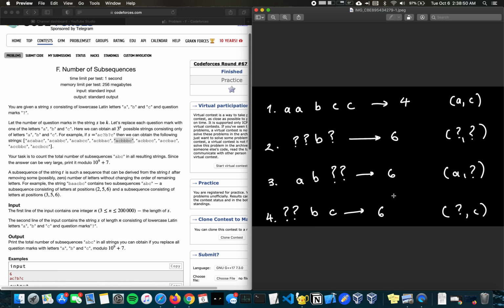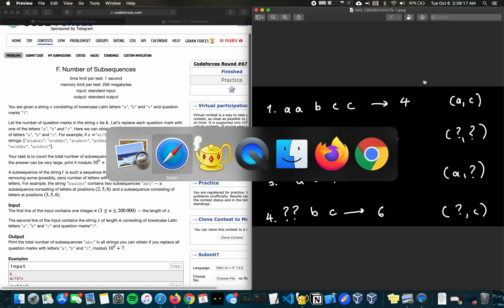So in essence, each time we come across a character that could be a B, we look at all these 4 possible cases and then sum them all up, and that is the number of A, B, C subsequences we can make with that B at the center. And then if we sum it all up for all the B's in S, that will be the total number of A, B, C subsequences in a string. So yeah,